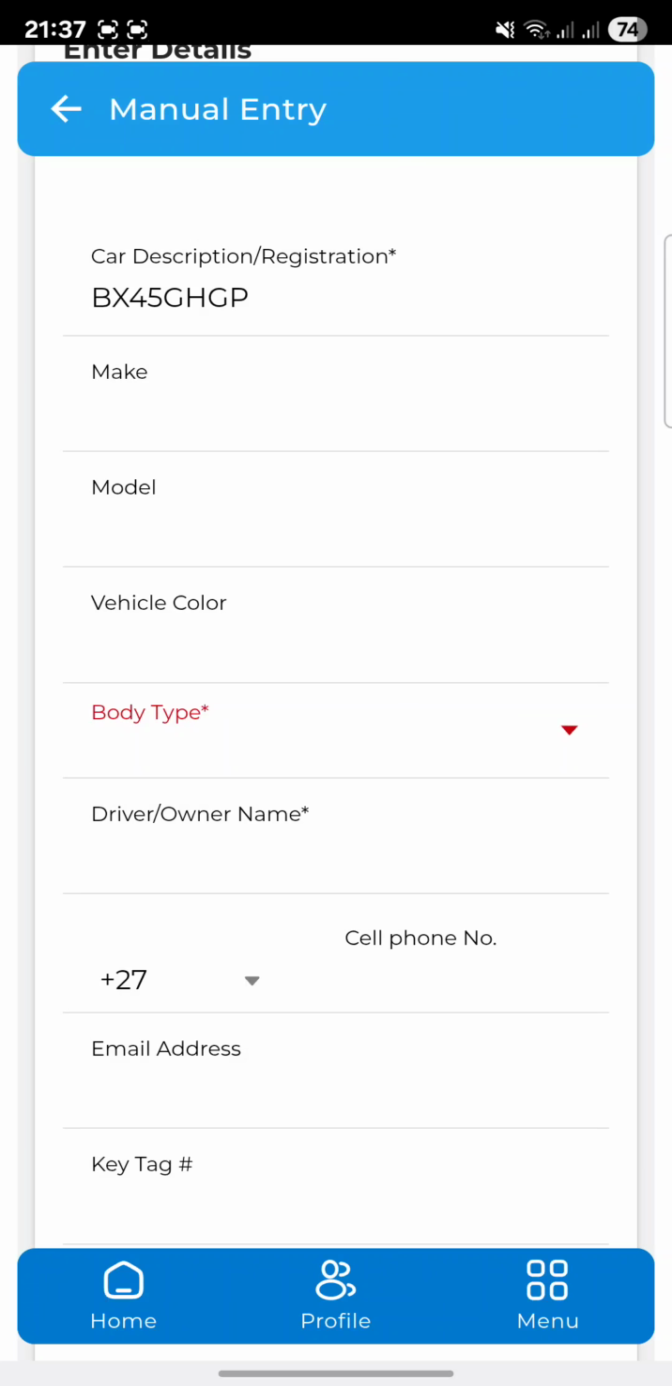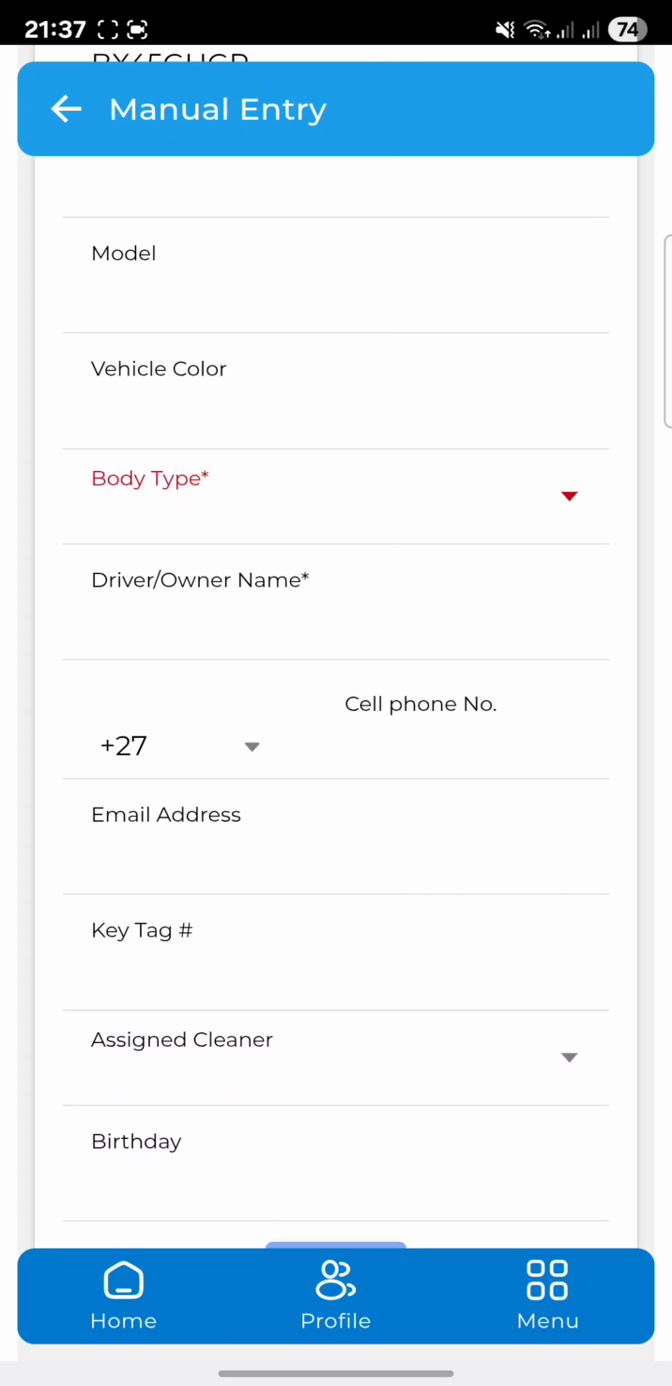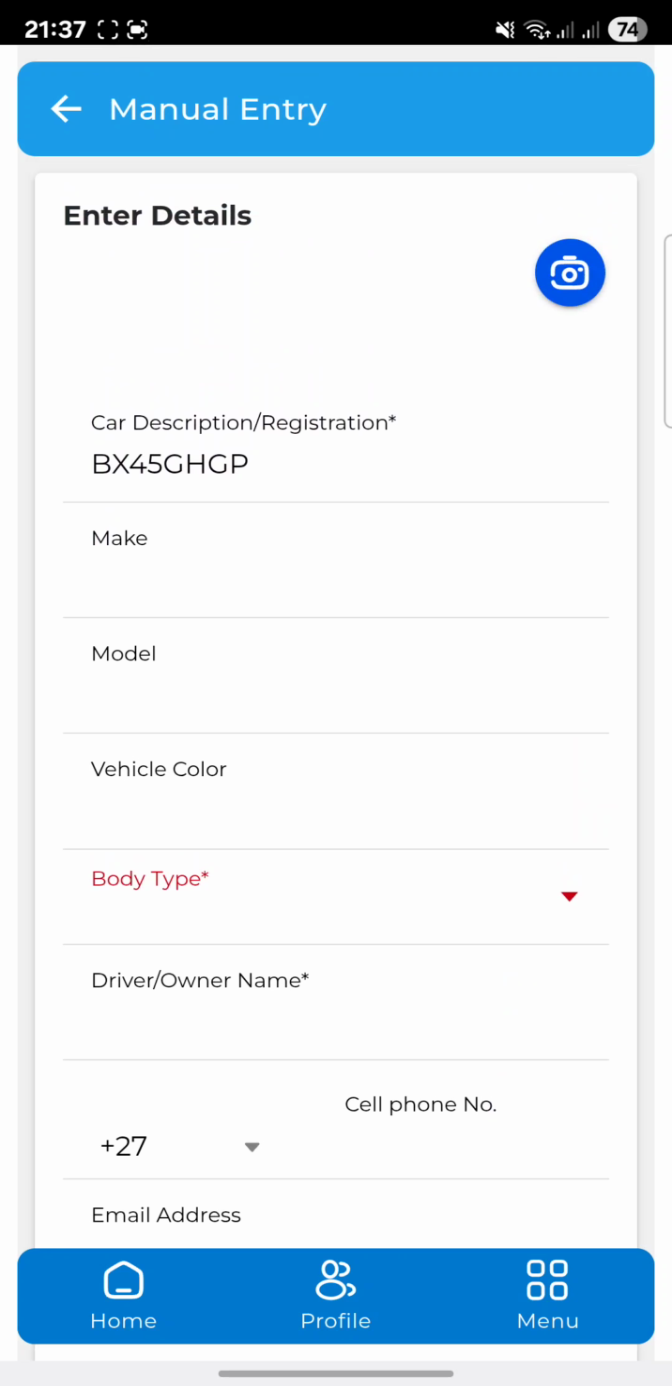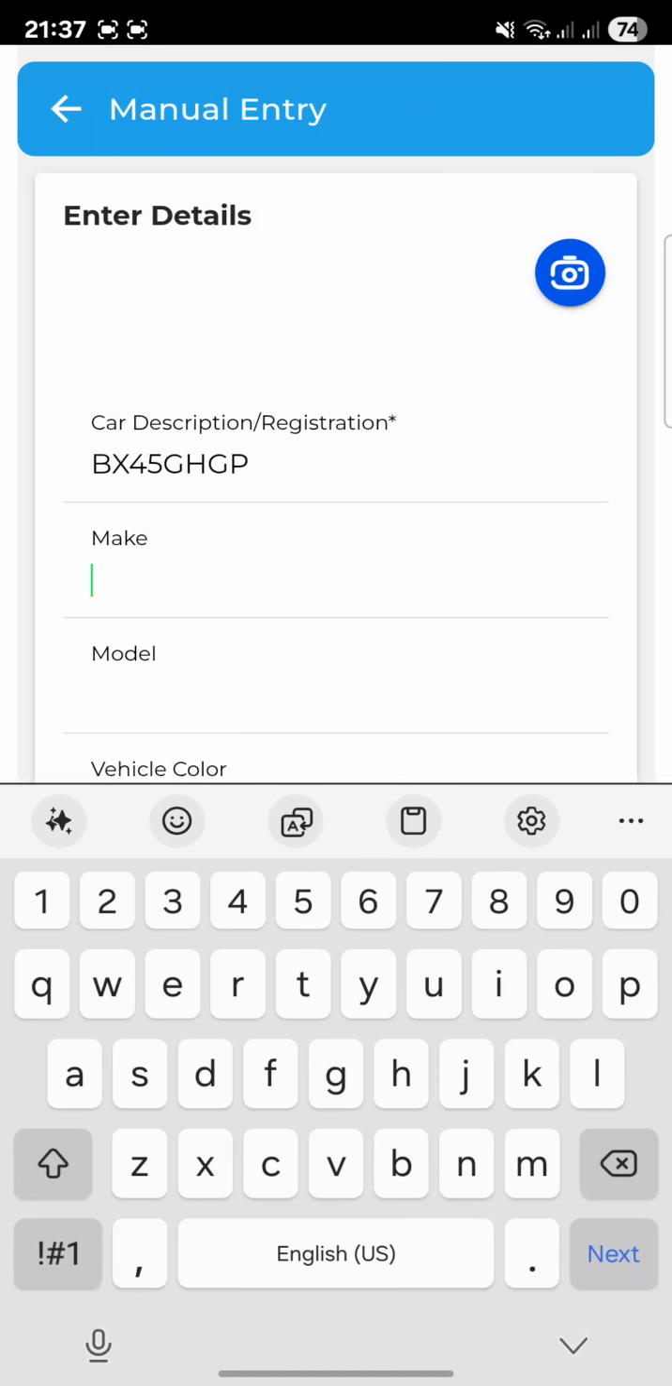So the only important three things are the registration of the car, the body type, so that we'll be able to select the correct body size to determine the price, and the driver's name. The other sections you might leave blank, but in my case, just for demonstration purposes, we'll